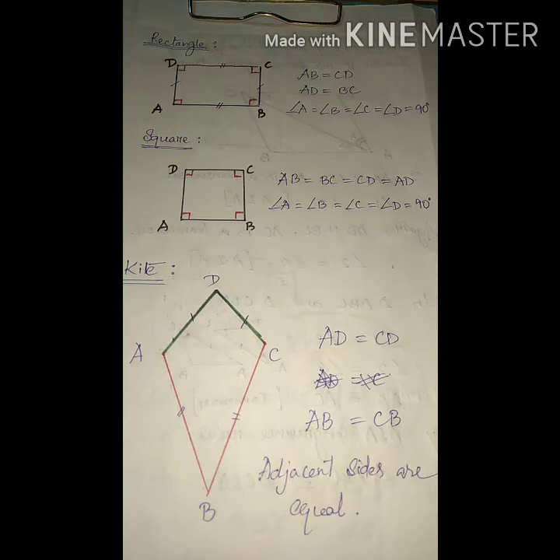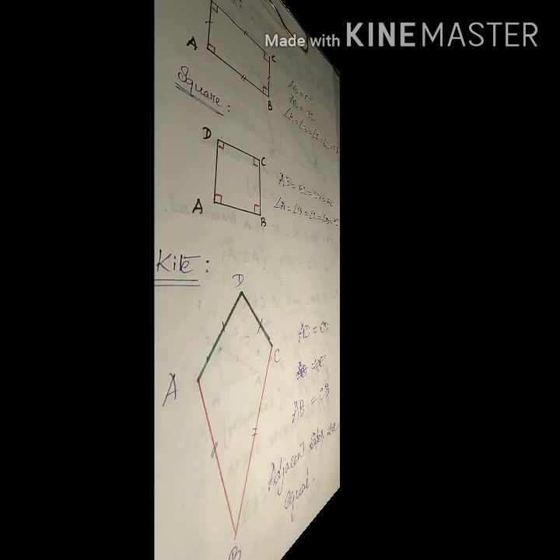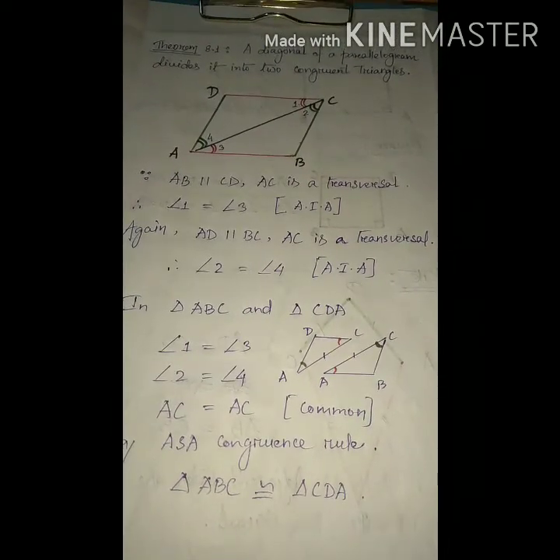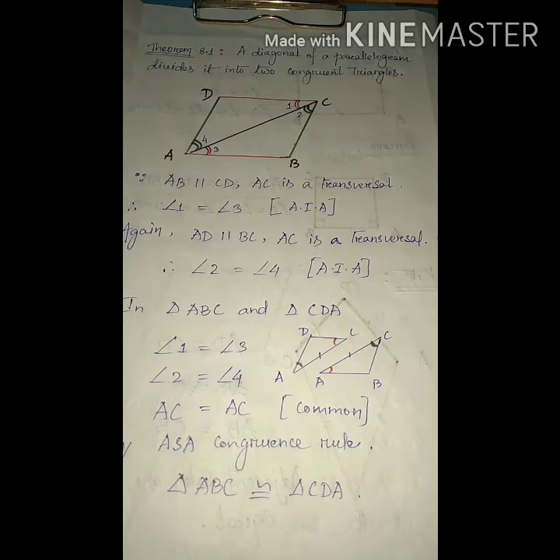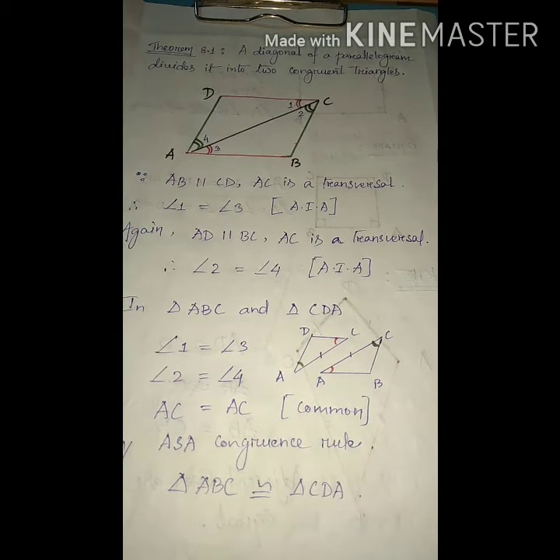Is it clear? Okay. Now after discussing the different types of quadrilaterals, in this quadrilateral chapter, mainly we discuss the parallelogram part. Is it clear? Mainly we have to discuss here the parallelogram part. So in case of a parallelogram, the main property is what? Opposite sides are equal and parallel. Is it not? So this one is the main property of a parallelogram.